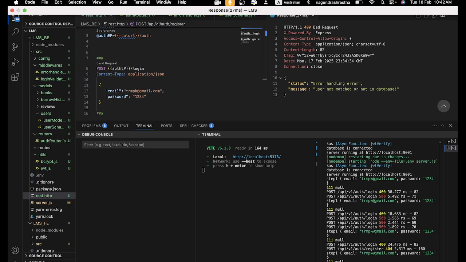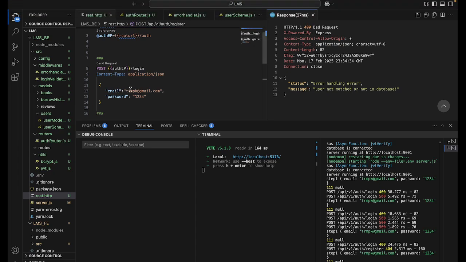So if you see the login email, the password, something. So if I try to send the same word, say F name or something, you see the login